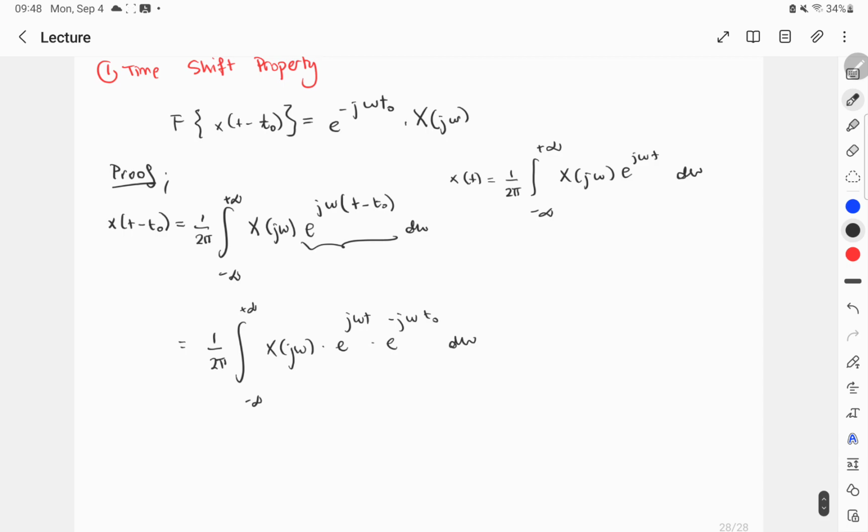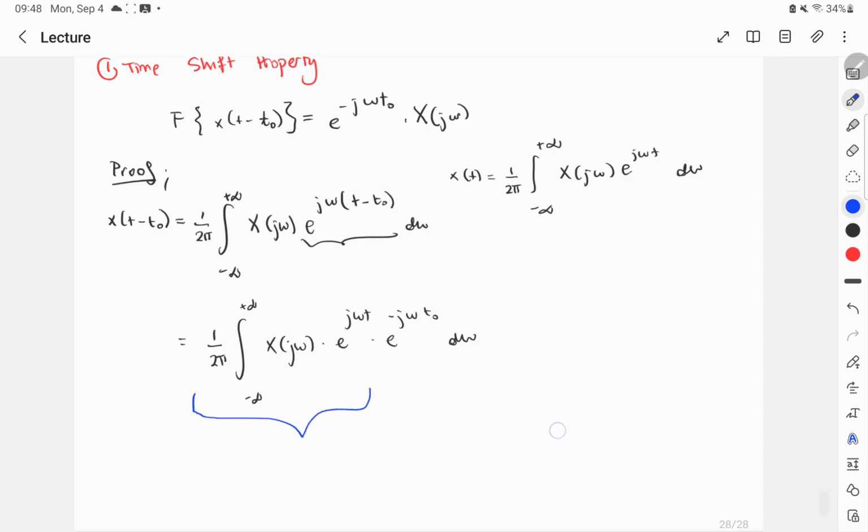So as we can notice, this part is exactly the Fourier transform of the previous function x of t. So here we can write it like this. And only this part will come out, and it will be the coefficient of our Fourier transform. Eventually, we will have